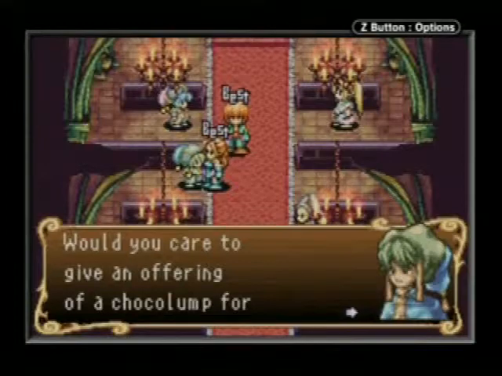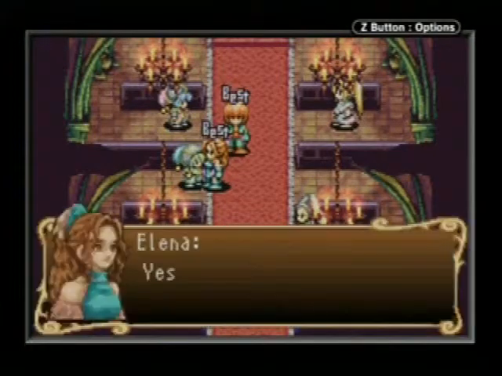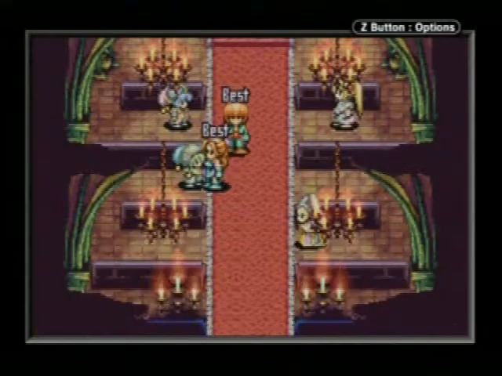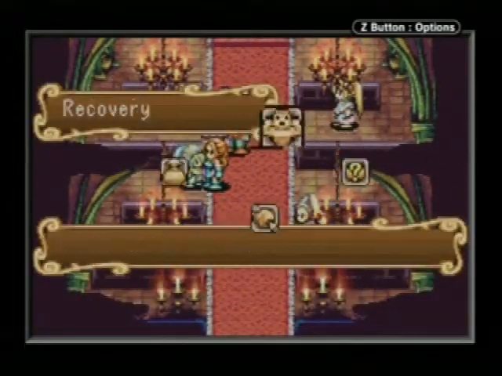An offering, huh? Of a chocolump. Oh, I see your game, kid. I see your game. Yes, I'll offer a chocolump. This is actually an important side quest. What you do is that you can offer chocolumps